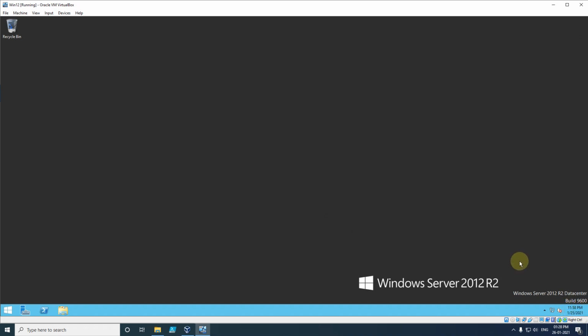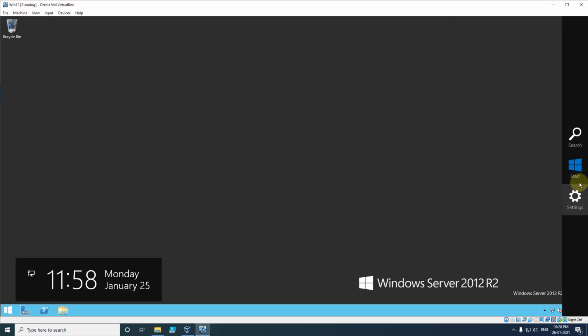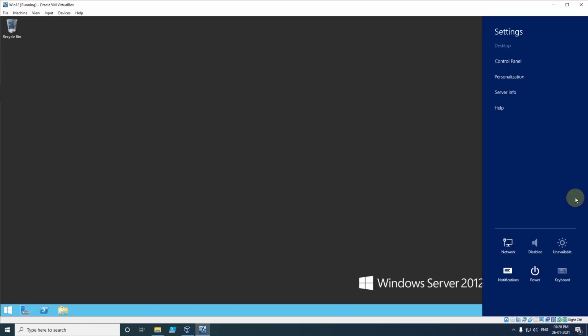If you keep your cursor on the right of the date and time, you will get one gear option here. You will have to click on settings from the gear picture, and in this one you will have the power button. If you click on the power button, you will get two options, either shut down or restart. So if I want to shut down, I will click on shut down here, so our machine will be shut down.